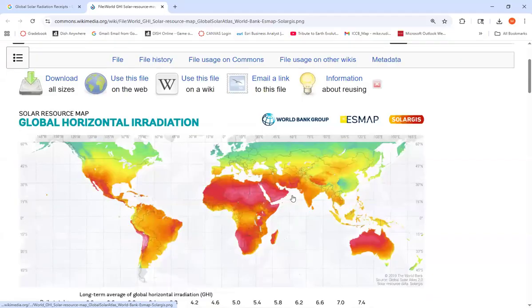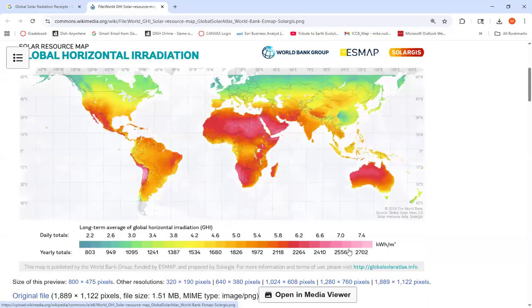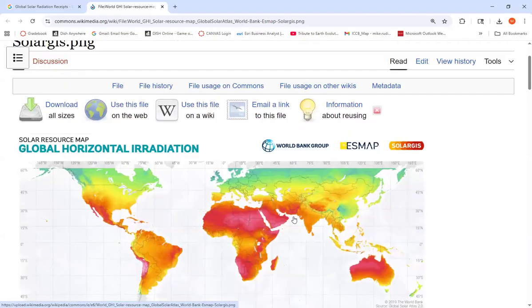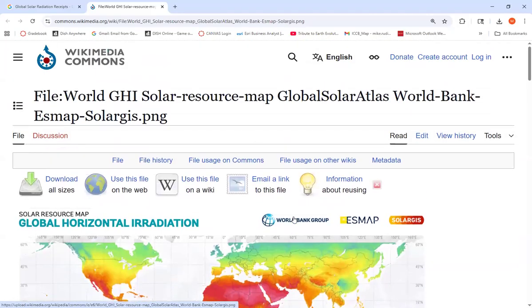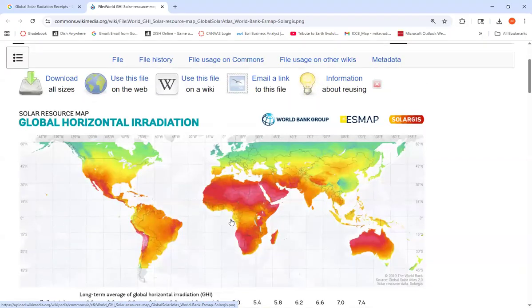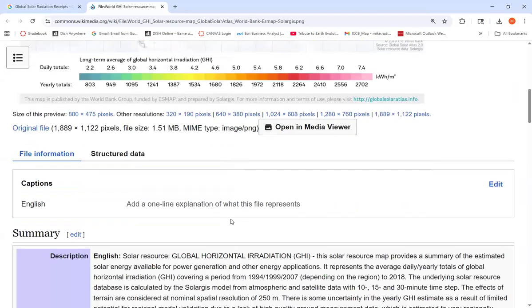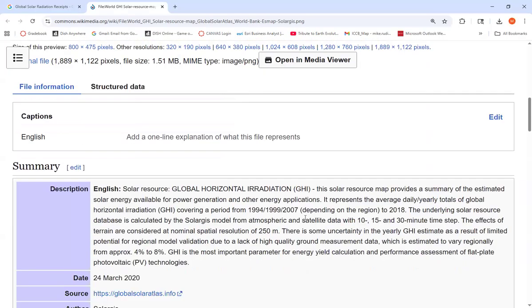I read the map, and I'm seeing the scale or the legend here. And this tells me, does this look like a legitimate source? It's in Wikimedia Commons. So I'm looking at it, I'm reading about it, and I'm getting an idea of what the map represents: the average daily